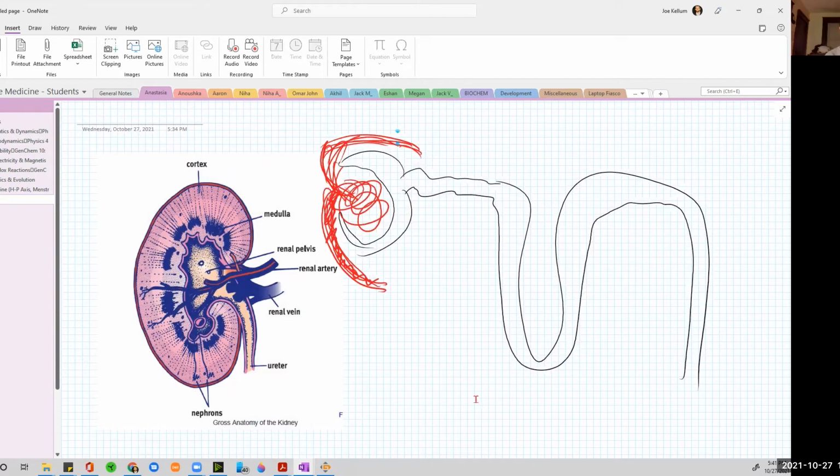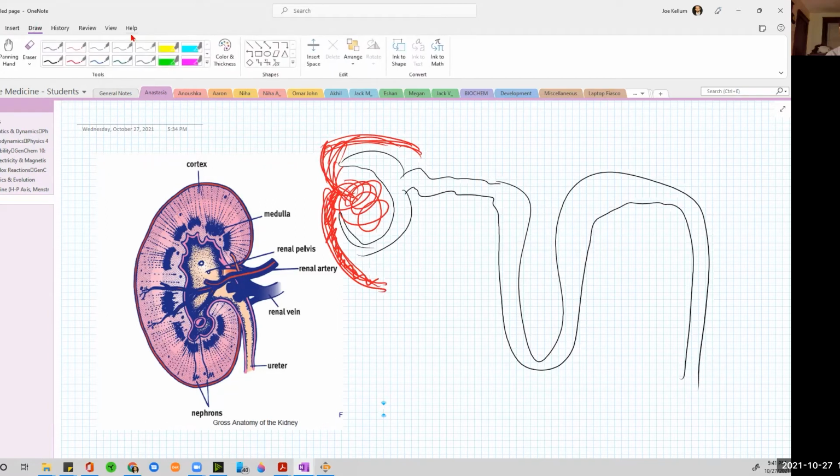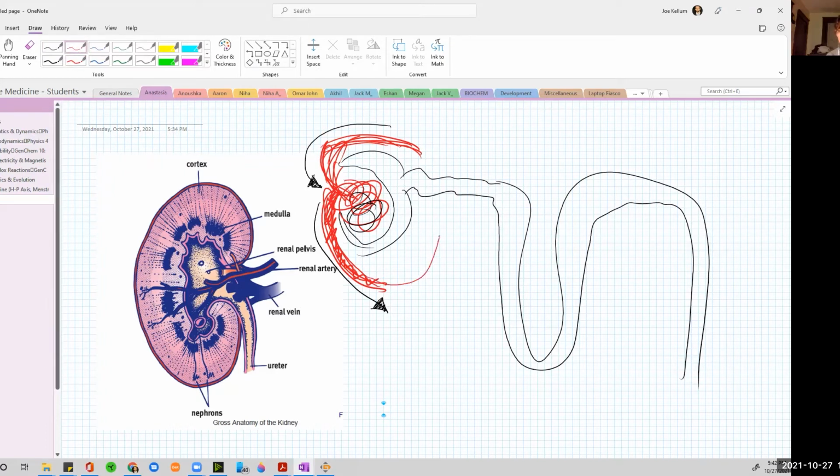Specifically, what are these vessels called? Like this one and this one. If we can assume one of them's bringing blood in and one of them's taking blood away, like say blood's coming into this big ball of cells right here, and then it's circulating around in here, and then it leaves via that thing. Is that the Bowman's thing? Yeah, exactly. So Bowman's thing. Yep. Bowman's, yeah. So the Bowman's capsule is actually the tubule part of this,